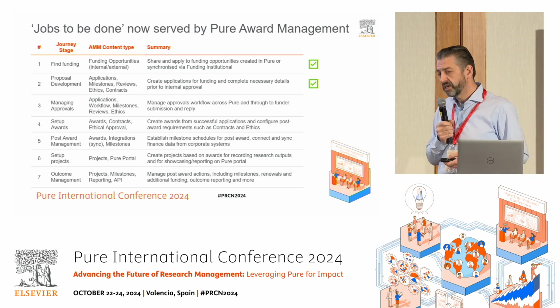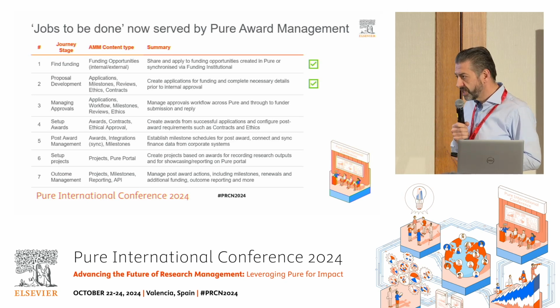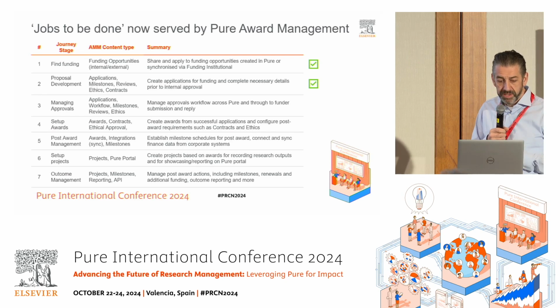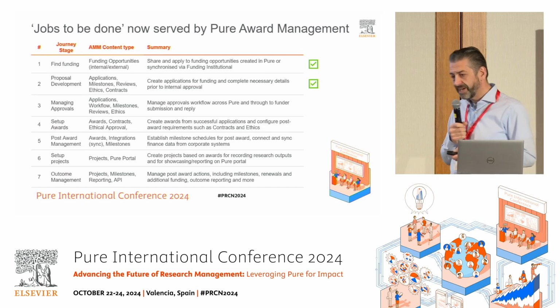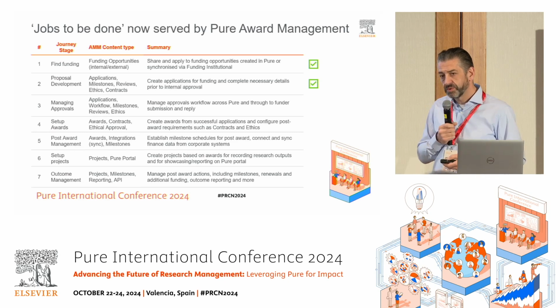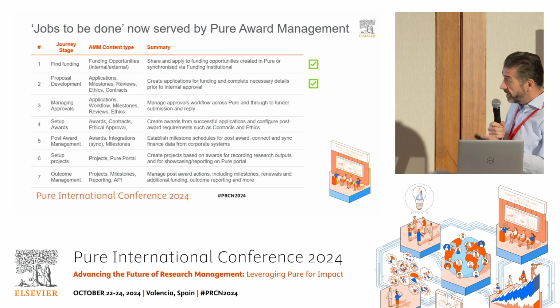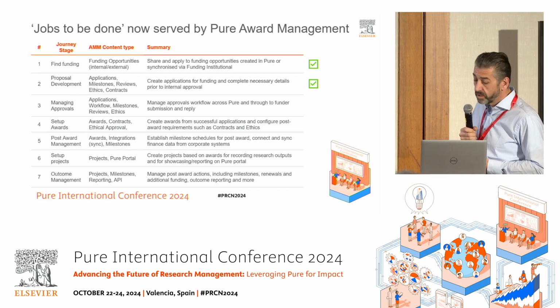So for example, things like, do I have a conflict of interest check? Do I have a need to run an early stage ethical review assessment? And do I need to look at export control requirements and so on and so forth? We've also introduced milestones on the application content type. They used to be only available on awards, but now we can start to build out checklist items. So through the process of approval, we can say, actually, I've got 5 key things that I always have to do when this is an EU grant. I want to make sure they are all delegated to the right individuals and signed off appropriately as we go. And again, most recently, we've added the contract content type, which also lets us build in things like NDA opportunities in pre-award setups as well.